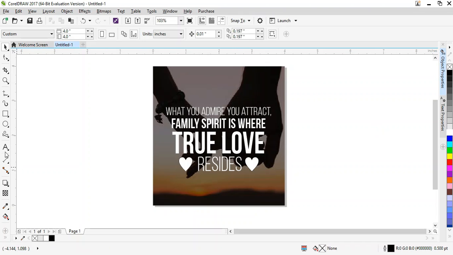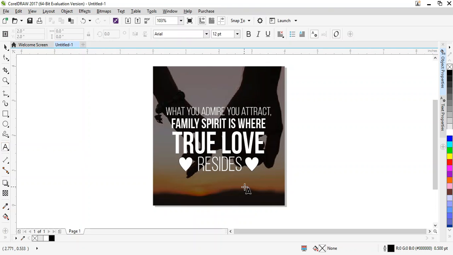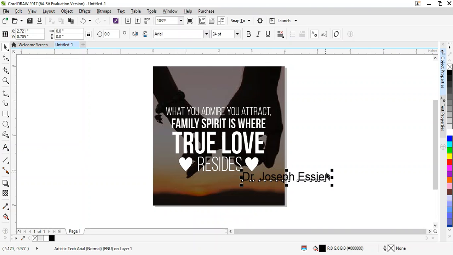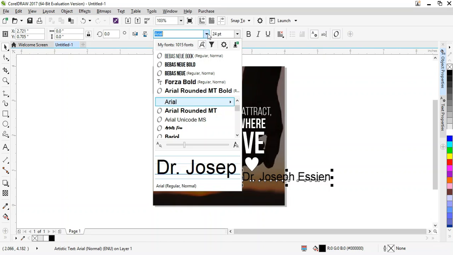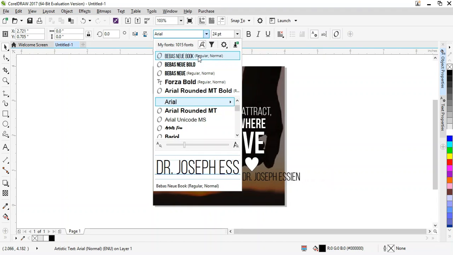So finalizing this process, I'm going to go ahead and still bring in my text tool, and this time around I'm going to type in the name of the person as much as I want, okay, and go ahead and choose the font that I want, okay,